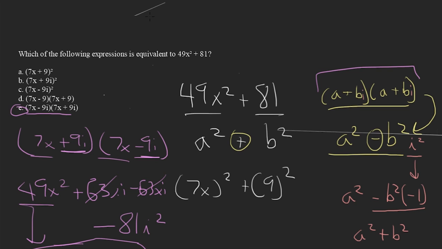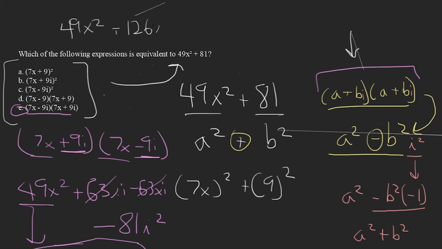Okay, just as a final note on this problem, if during the test you're not going to be doing all this kind of theoretical explanation to yourself, my advice is to just start multiplying out the answers to see which one of these gets you the answer. It won't take you that long, and pretty quickly you'll be able to eliminate some of the answers. So if you FOIL out A, you'll get 49x squared plus 126x plus 81, and you'll say, okay, I got a middle term, and I'm going to get a middle term for B and C as well, so I'm going to eliminate B and C, which leaves me D and E. That took 15 seconds, and you are already at D or E, so that's a